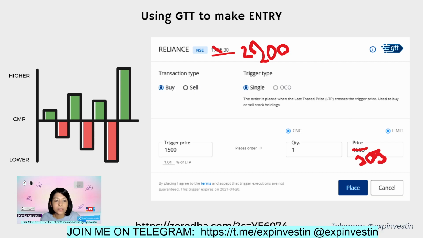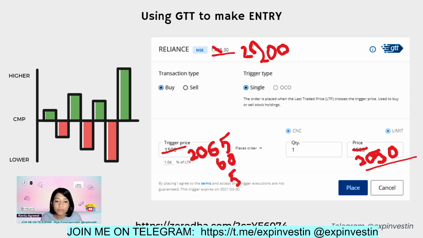So that is the limit order at which I want to buy Reliance, but I want this 2050 limit order to be in my order book already before the price comes. So what I'm going to do is set my order price as 2065 or 2060, or even 2058 or even 55, anything that is slightly above this,